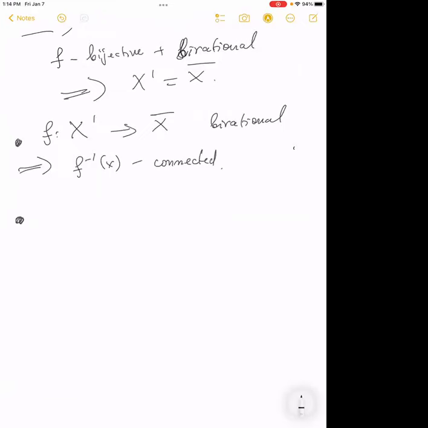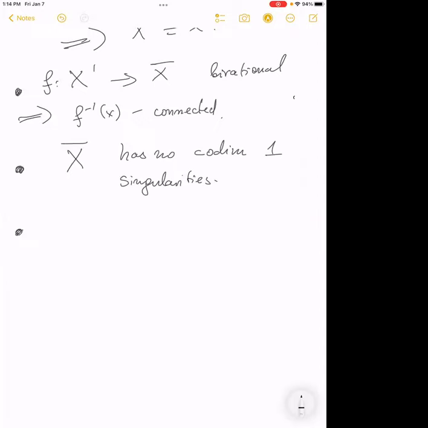As I already said, the normalization resolves singularities of curves, but more generally, what we know is that a normal variety has no codimension one singularities. And because for curves, there can be only codimension one singularities, namely points, the normalization is smooth. Okay. So as I said, these are interpretations, properties of the normalization in the language of algebraic geometry.